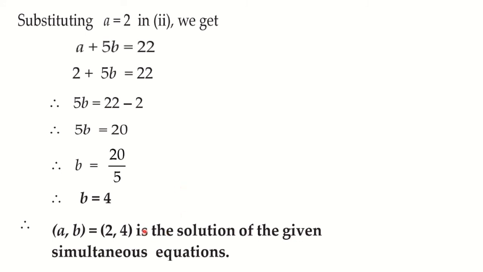Okay. Finally, don't forget to write down the solution. That here the values of a and b you need to write down as an ordered pair in round brackets. Here 2 comma 4. Since here the variables were a and b, it is written a and b here. Okay. You can write only this part also, and if you want you can write down the statement further that this is the solution of the given equations.